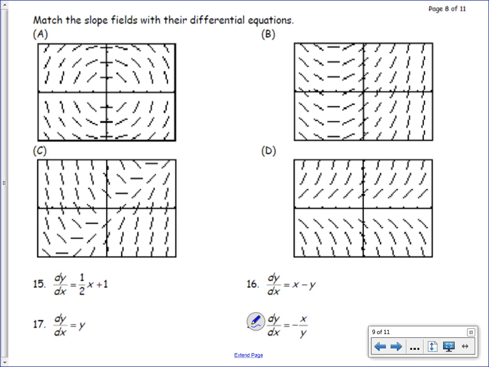horizontally, so like if you look at the slope field for B, these are vertically the same. Let's look at D. These are horizontally the same. If you look at your slope fields horizontally, they're the same. So that is kind of a hint that